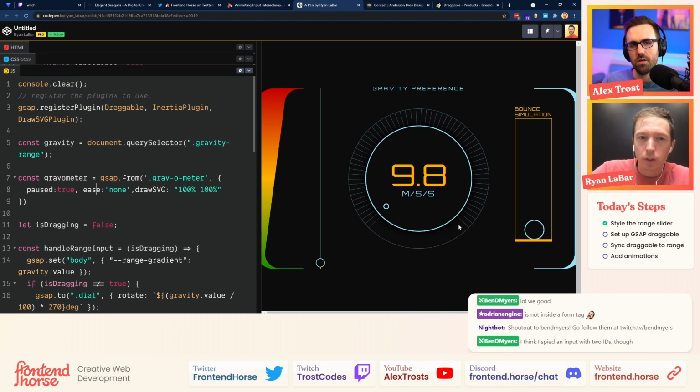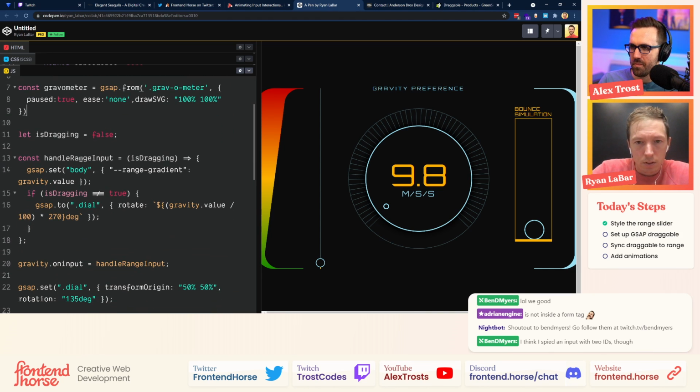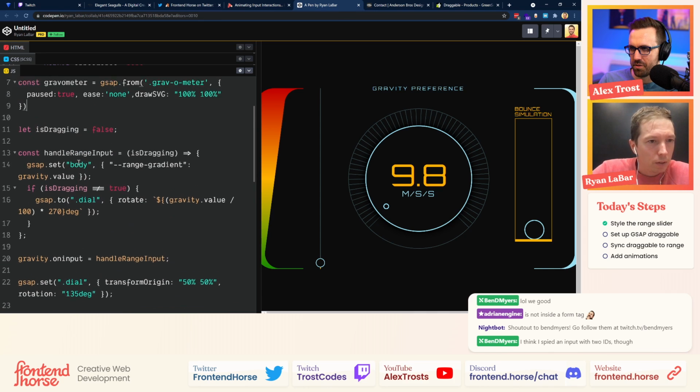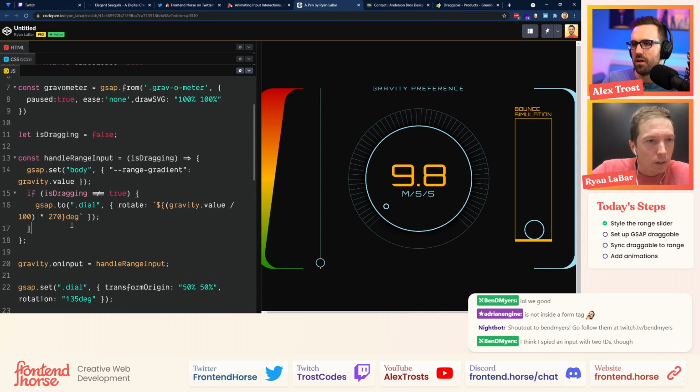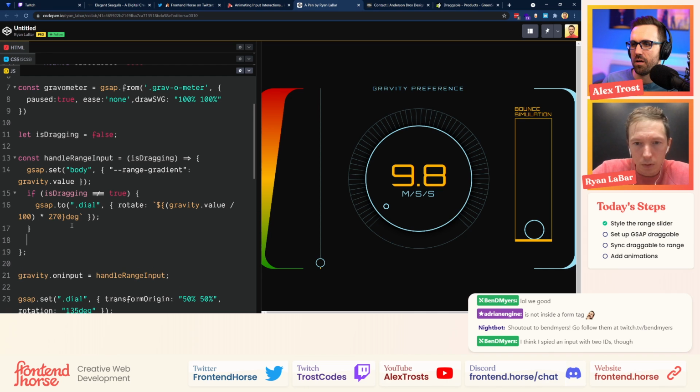Well, we pulled it all the way to the beginning, essentially with the 100%. Cool. All right. I set the path up backwards, but it's fine. Now we'll go into our handleRangeInput function. And inside of that, we will do